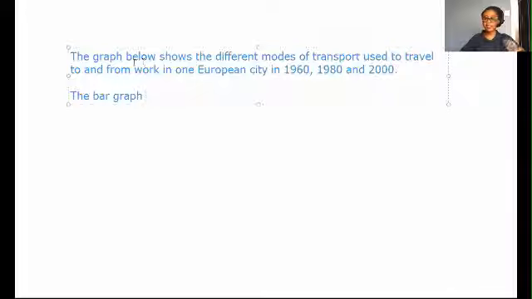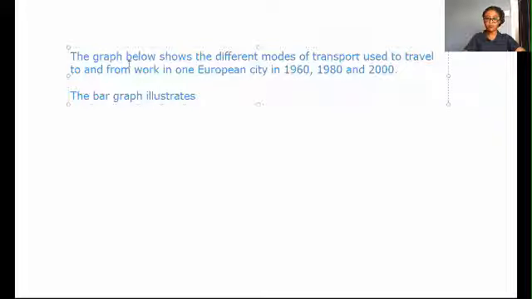The reason is that when you are tackling any task 1 question, you would only have the diagram on the question paper, not on your answer sheet. So you don't need to bring the preposition below or its paraphrase version when you're writing the introduction. So we ignore that preposition and move on to the next keyword. So the bar graph